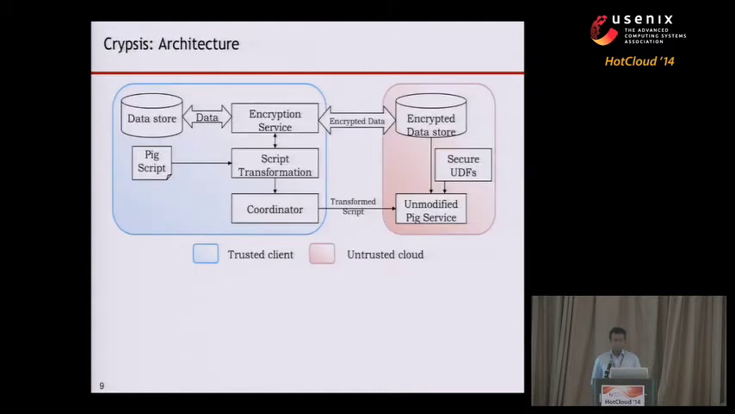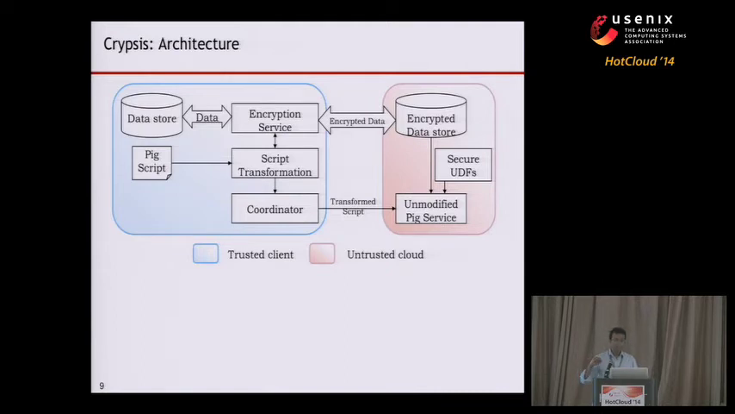So our architecture itself is fairly simple. There's a Pig script which the user writes in plain text. That Pig script gets transformed using the process, like I mentioned before, and the transformed Pig script is submitted by the coordinator to a Pig server which is running in the cloud. And then the Pig server also uses a set of user-defined functions which is similar to the enc sum function